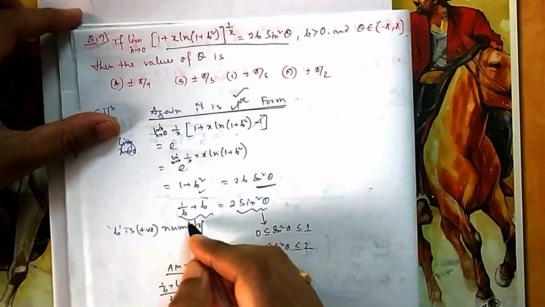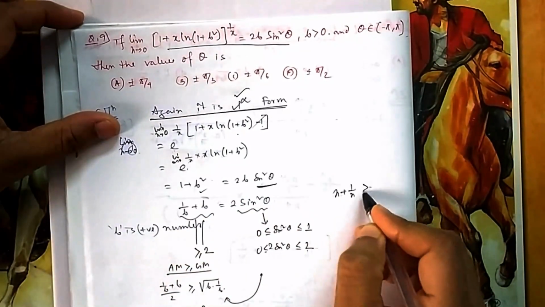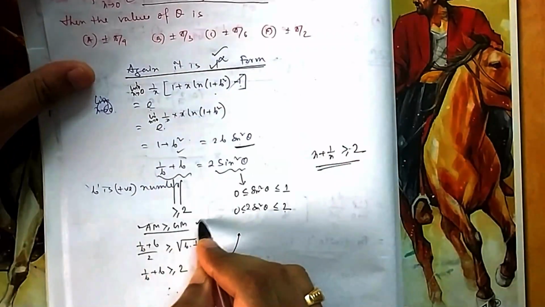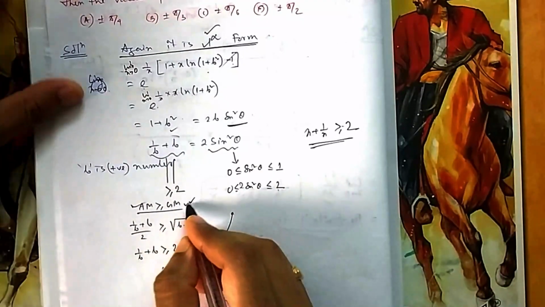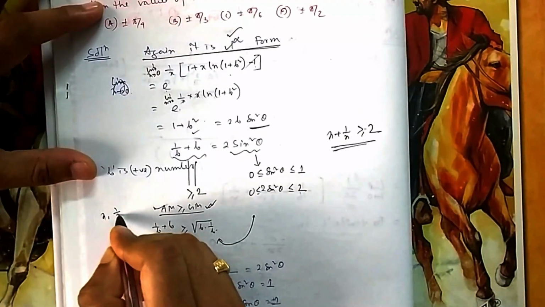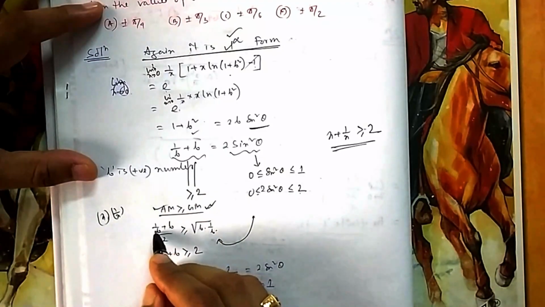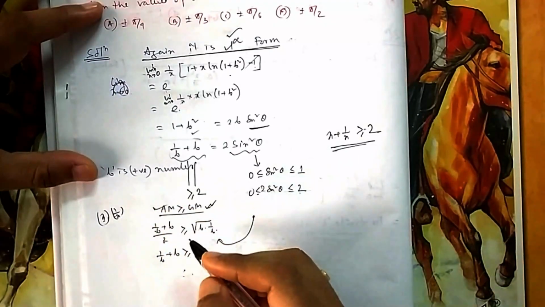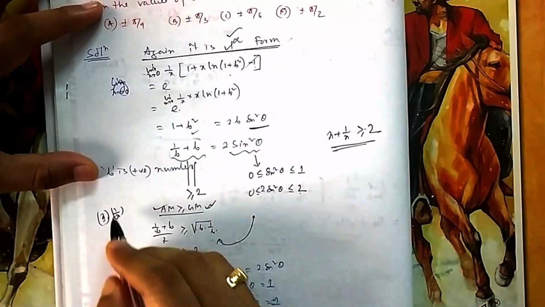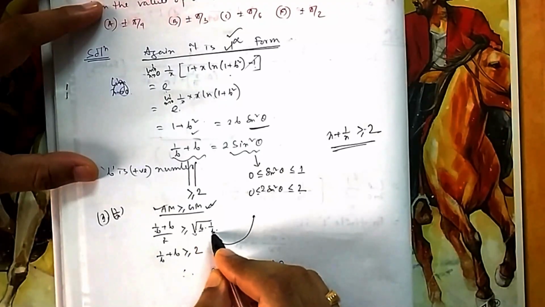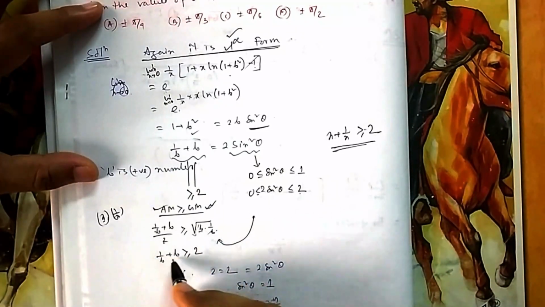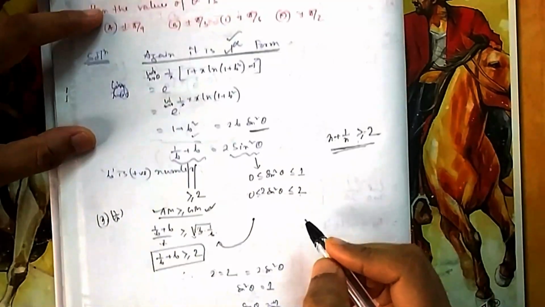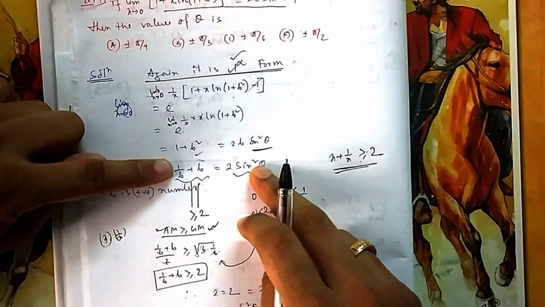But what is this one? I have already explained it in quadratic also. This is always greater than or equal to 2. You can apply it by using a plus b whole square, or you can apply that AM is always greater than or equal to GM. This is the identity. So suppose x is one number, 1 by x is another number. What is AM? This plus this divided by 2. What is GM? Square root of the product of these two. So if you cancel it out, then it is always greater than or equal to 2. So remember this one, x plus 1 by x is always greater than or equal to 2. So this side is always greater than or equal to 2, and this side is always less than or equal to 2.